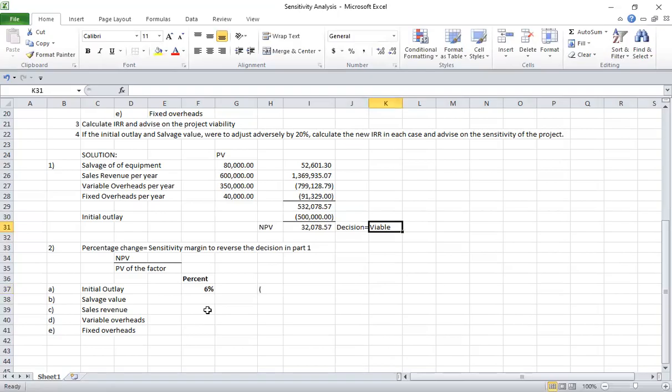For the initial outlay, it is when you increase it that you reduce your NPV, and so it is what reduces NPV that we will say the project is not viable. The 6% means that if we increase